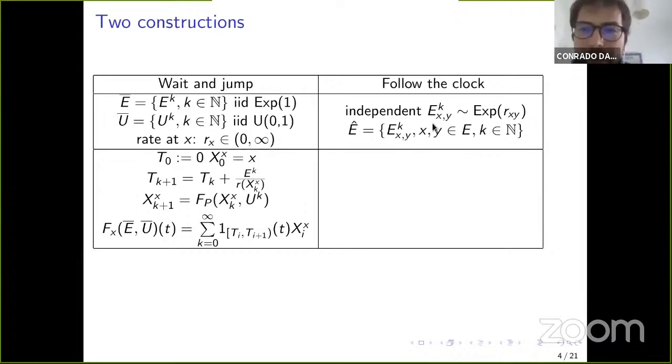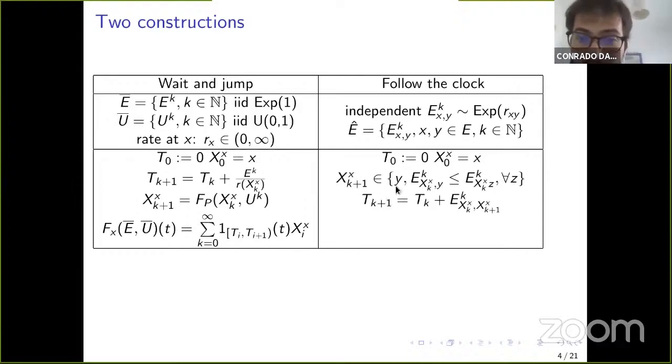So at each step, at each site, we have n independent exponential random variables with different rates. And what we're going to do is follow the first clock. These exponential random variables can be thought of as clocks. So when the clock rings, something happens. We are going to follow the first clock that rings. The construction again is inductive,